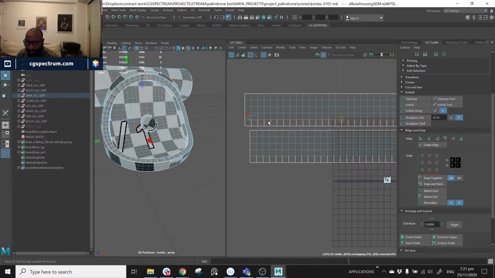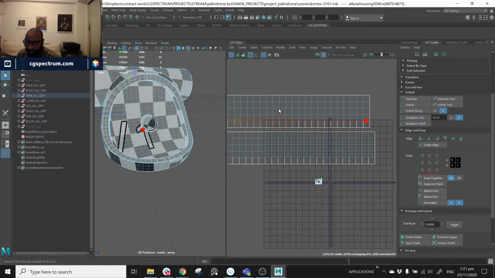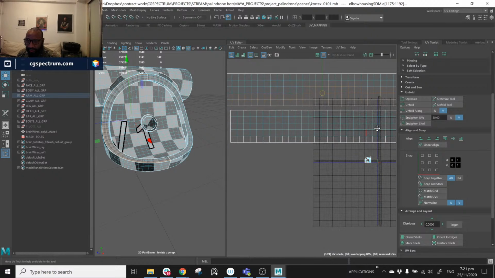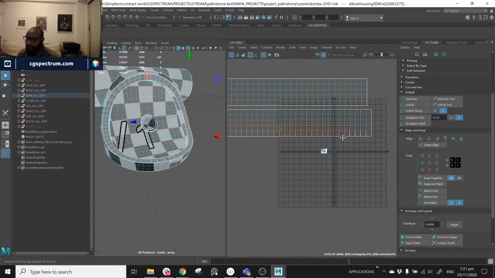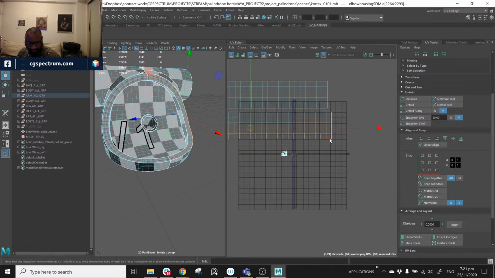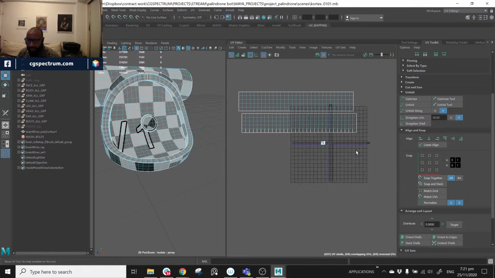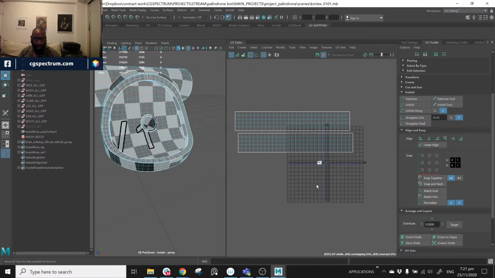And to get rid of this little sawtooth here, I'll just grab all that stuff and sew. And then all this stuff. So that. Oops. Bam. Cool. Awesome. So now what I can do is I'll just grab this UV shell and this UV shell,